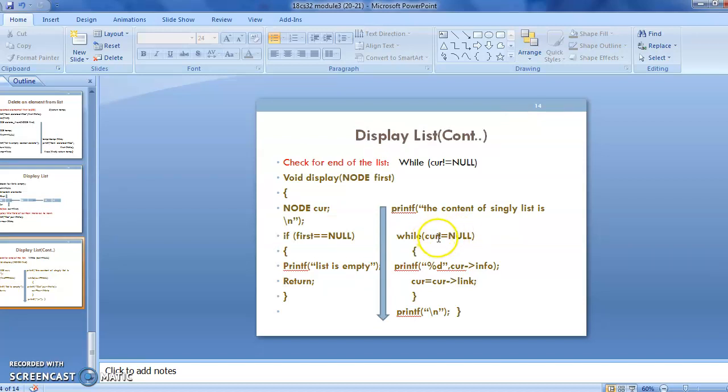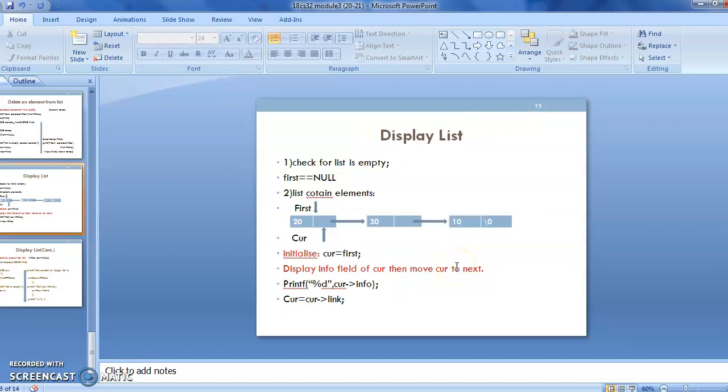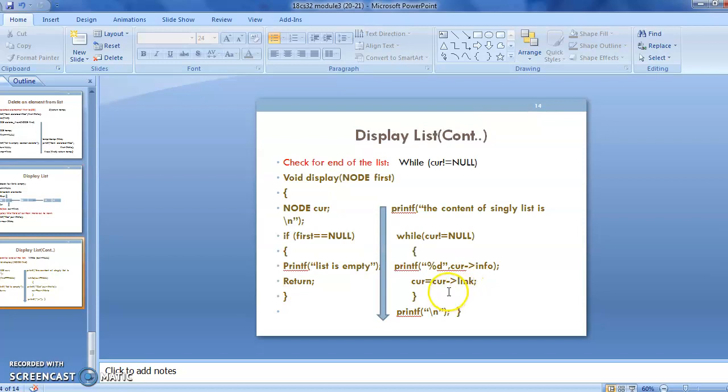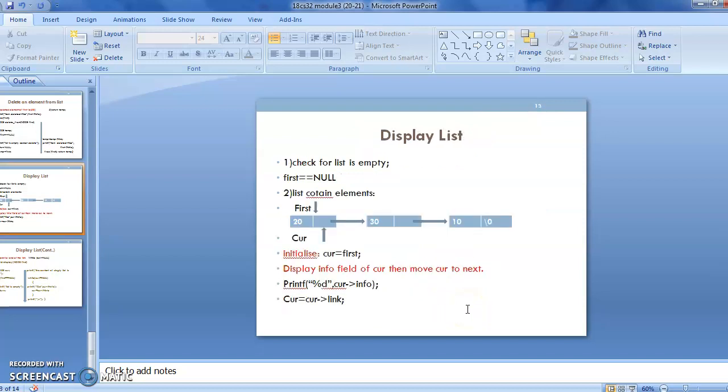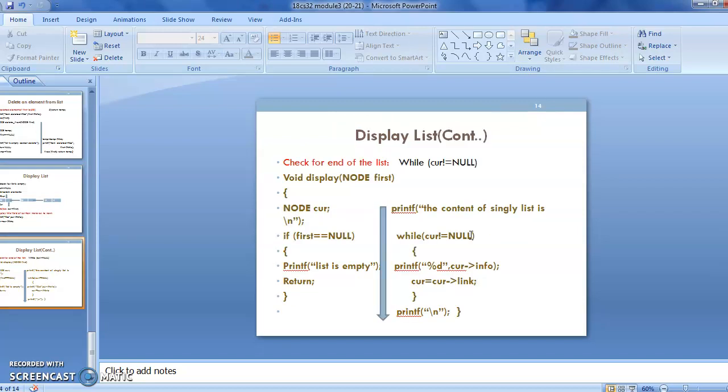If current is equal to null, stop the iteration. Already we displayed all the items like 20, 30, and 10 also displayed. Come out of that loop, exit the condition. Now what is the latest value of current? Current position, if it was at 0, 1, now it is 2, so current is set to 2 now. Like this the display condition works.